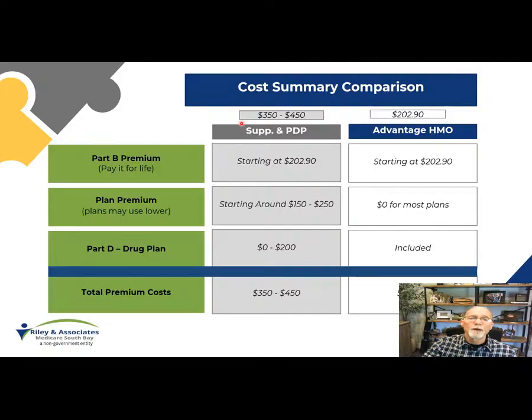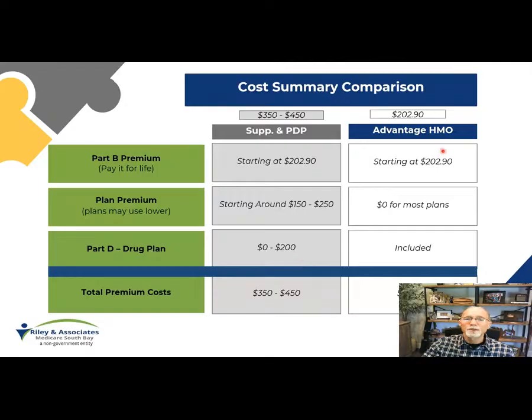So if you go with option 1, that's going to give you the freedom to go to any doctor, any hospital throughout the nation without any real rules or guidelines. And so it gives you total freedom, and your total out-of-pocket spend with your Part B premium would be about $350 to $450. And again, that's basing it on you being at the very lowest tier of $200 or $290 for Medicare Part B. Okay, so about $350 to $450 all in, and you only have that one out-of-pocket cost of $283 for your Part B, and then co-pays if you're taking medications.